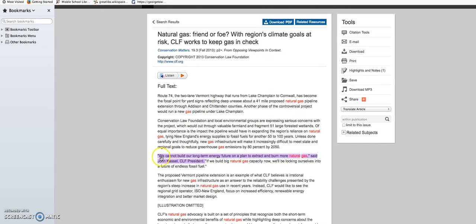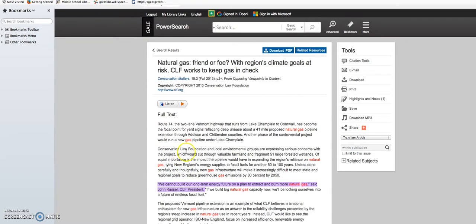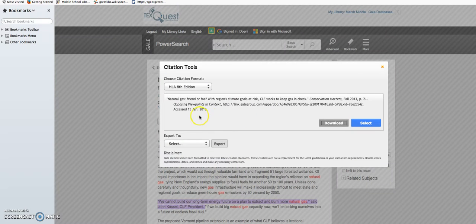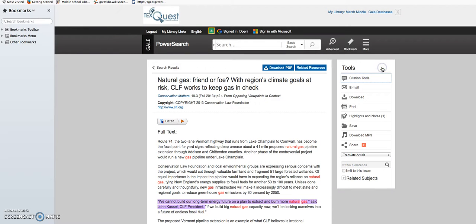I actually looked this up before, and I took this note, and it stayed there. So I'm going to make another note and show you how to do that in just a second. You can listen to them. It's got citation tools. If you'd like to cite your source, you can choose either APA, Chicago, or MLA, probably APA, and you can download that, and I'll show you that in a minute.